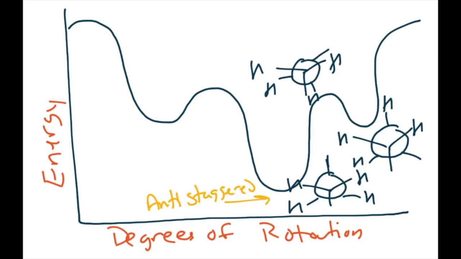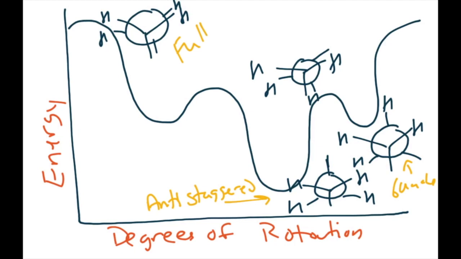The highest energy conformation is the fully eclipsed. We've got gauche here, fully eclipsed. There. Right, this is just eclipse. Right, so we go low energy, higher, we come back down for the gauche, we go way up for the fully eclipsed, and then we work our way back around